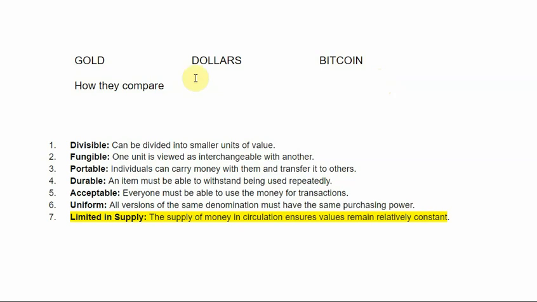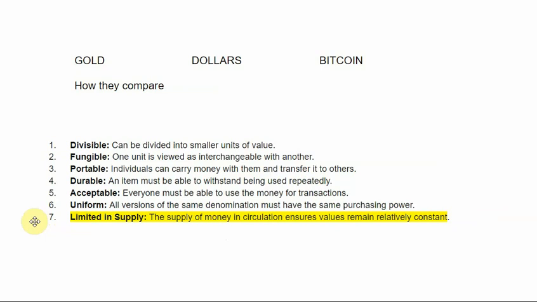So I'm going to use three examples of money. Gold, which has been used in the past on many occasions. Dollars, US dollars, one of the biggest fiat currencies, paper, printed money out there, and Bitcoin. Now, these are the characteristics here: divisible, fungible, portable, durable, acceptable, uniform, limited in supply. Okay, I've highlighted limited in supply because that's really, really important. That's probably the most important